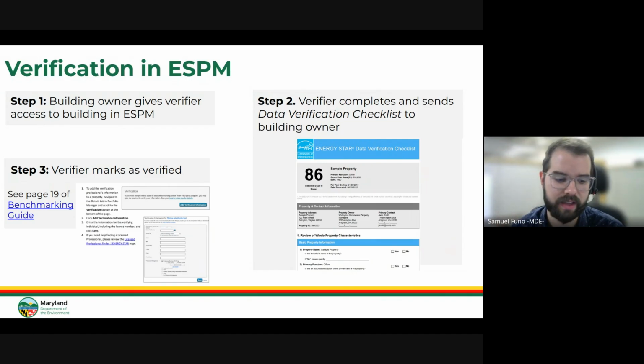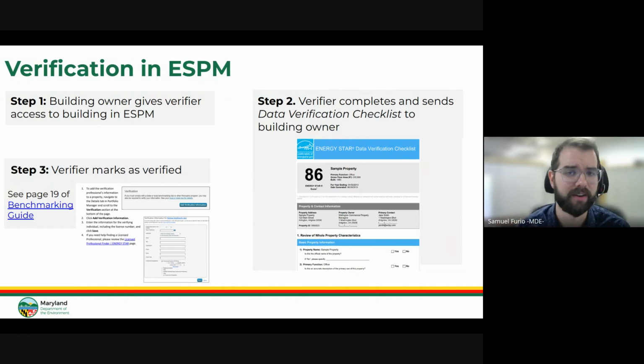And just like building owners had to do this year, where they share the property with MDE so that we can access the data, they're going to be doing that same kind of share with the actual verifier that they elect. So step 1, they're going to give that verifier access to the building in Portfolio Manager. That verifier is going to complete and send a data verification checklist to the building owner.